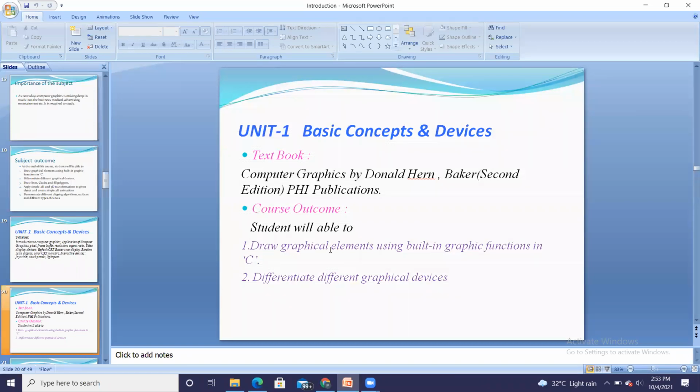First outcome, during the practicals tomorrow, we will see how to draw a graphical element using built-in graphics functions in C. So how to draw the different shapes, that we are going to learn in our first practical tomorrow. And the second is the student should be able to differentiate different graphical devices. So the devices which are input or output, and what is the difference in the working method of two devices, that we are going to learn.